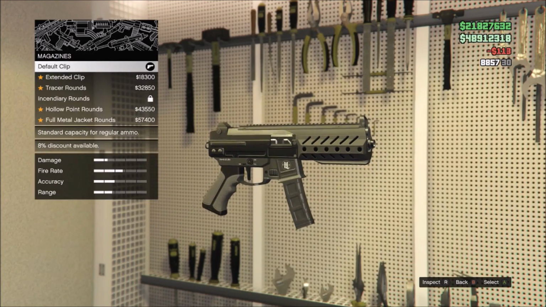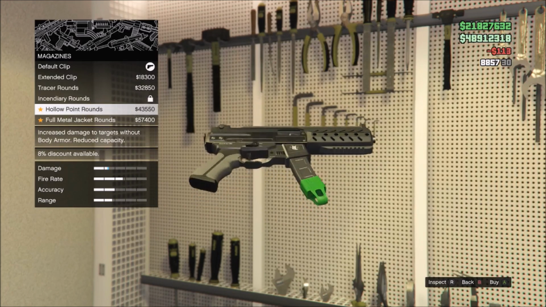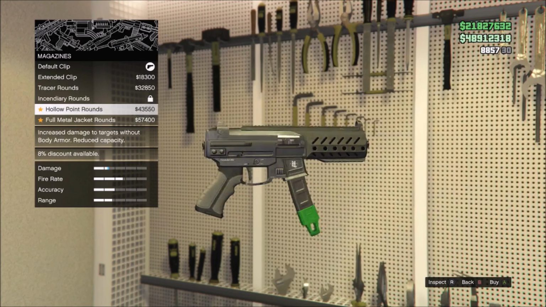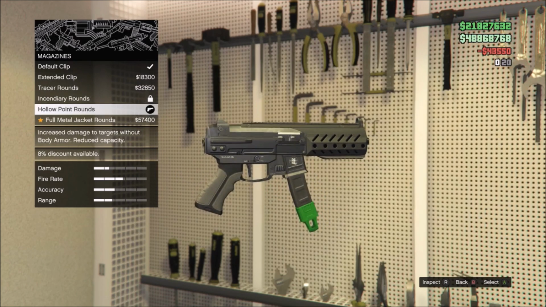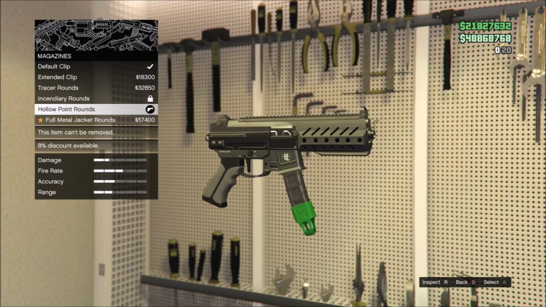The first one being the hollow point rounds, which are exclusive to SMGs and pistols. Now each special ammo upgrade will come with a different color to indicate what it is. The hollow point round color is green, and it is worth mentioning that to actually upgrade your SMG itself will cost you guys 85k, and then the upgrade on top of that will cost you guys just over 43k, so not